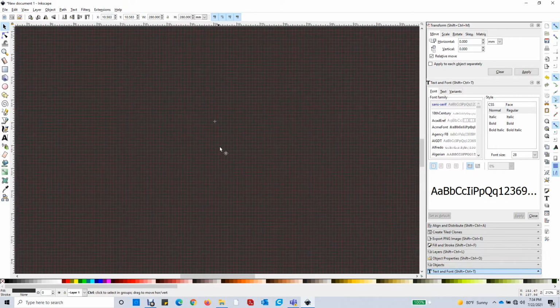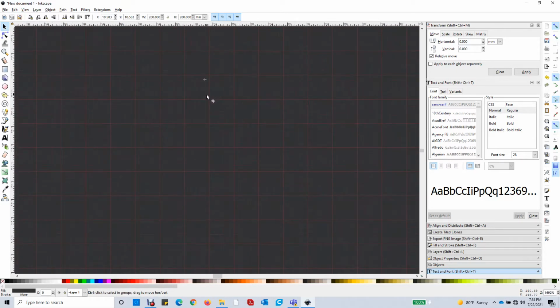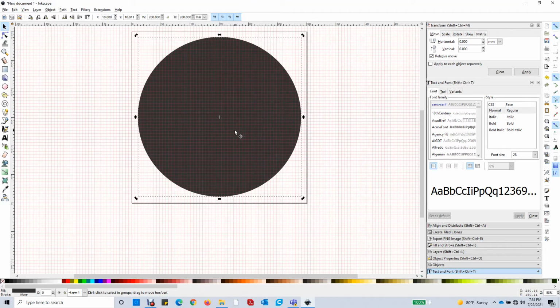And if we zoom in, we can see that the center point of it doesn't exactly line up with grid. Well, it actually does line up with the grid, but I want to line it up with a different grid. So I'm going to drag it over a little bit. There we go. Now the circle lines up with a grid.